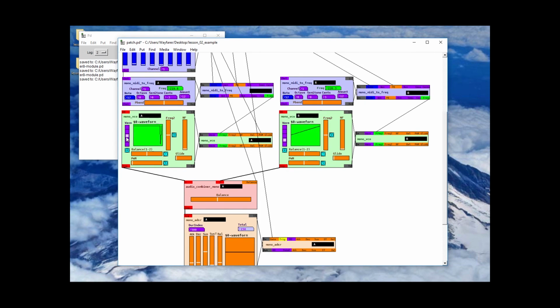Which allows you to do some timbral changes and stuff. So you can hook those up the way you want. And then as I showed you last time,